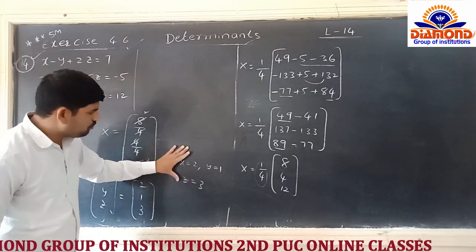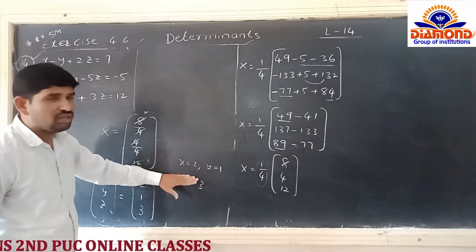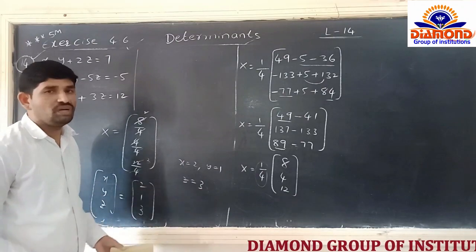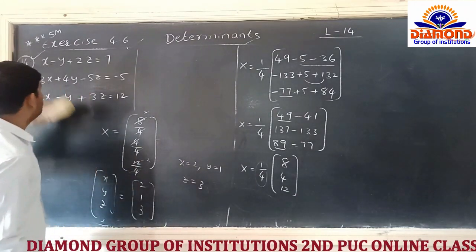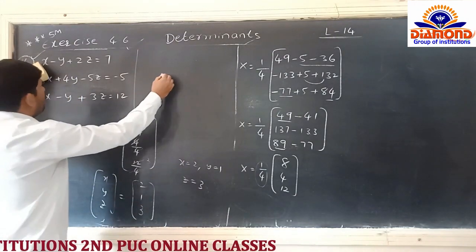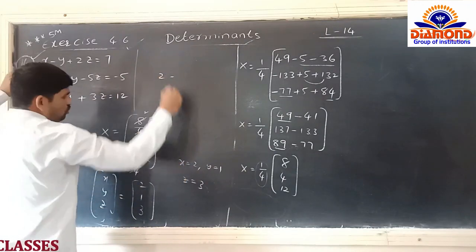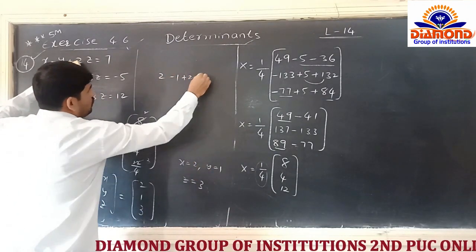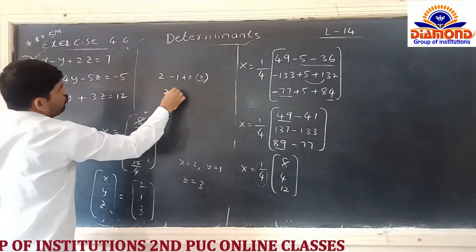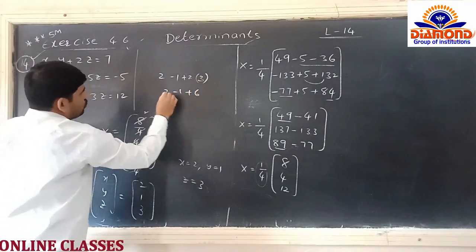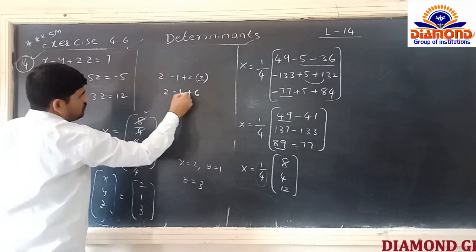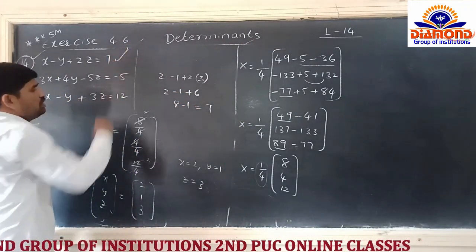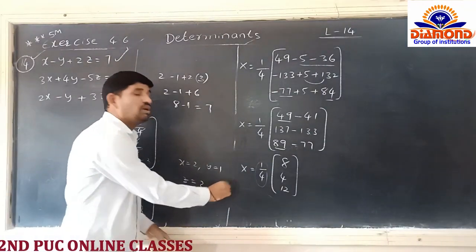If you observe, we got these solutions, but now we can verify whether this solution is correct or wrong. How can we verify that? Put these x, y, z values in the given equations. Now see here, x is equal to 2, y is 1, and z is 3. Now we have to get the 7. 2 minus 1, 3 times 2 is 6. So 2 plus 6 is 8. Minus 1, finally we got the 7. Since we got the RHS, we can say our solution is a perfect solution.